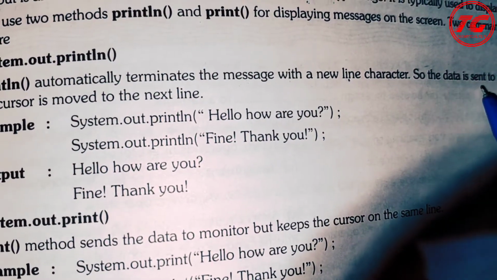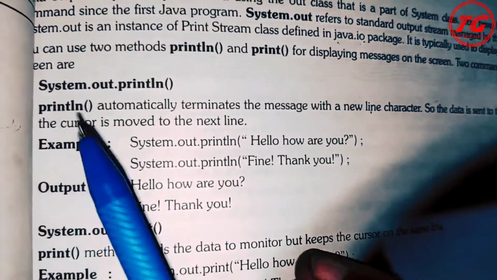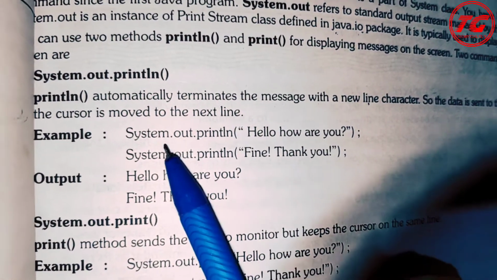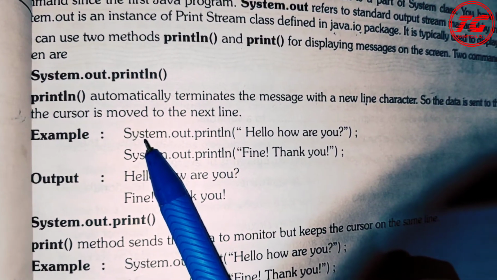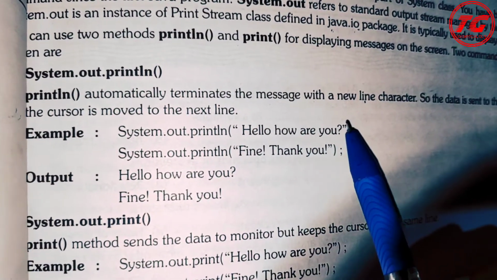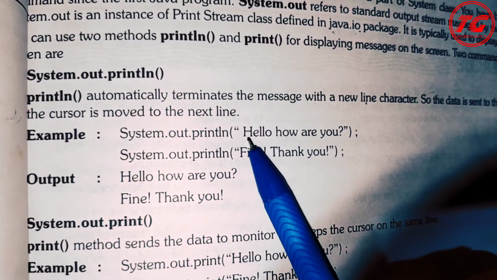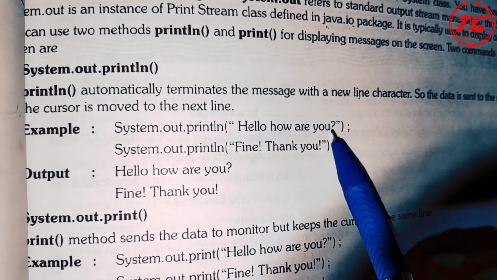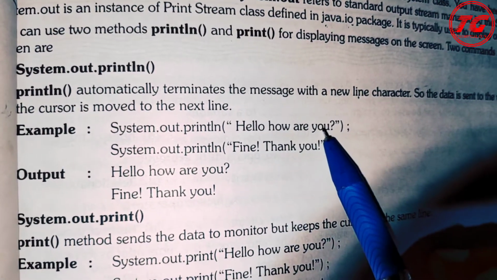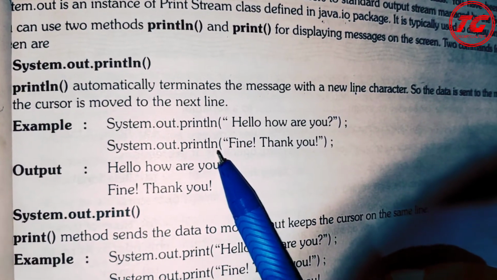So the data is sent to the monitor and the cursor is moved to the next line. For example, here it is written System.out.println, hello, how are you? So this is the message that will be printed on the screen in the same line, and after printing that message, the cursor will be in the new line.